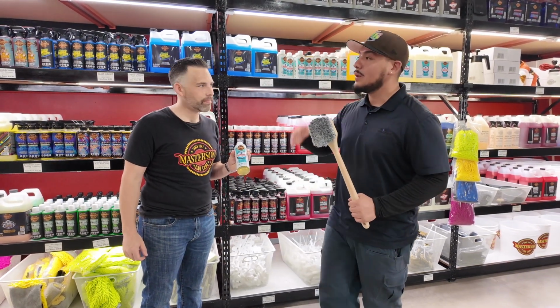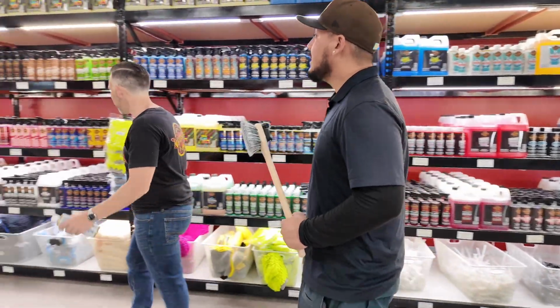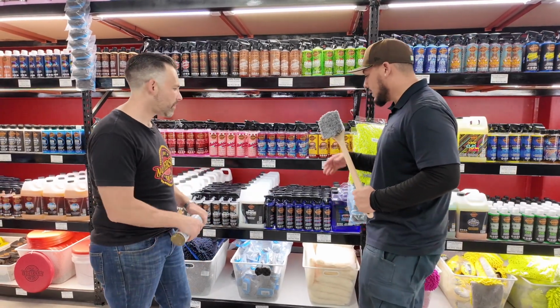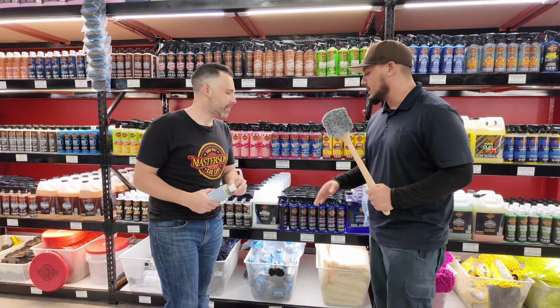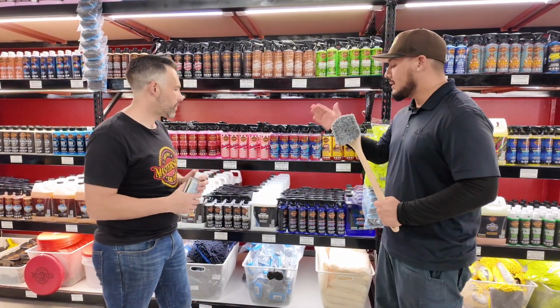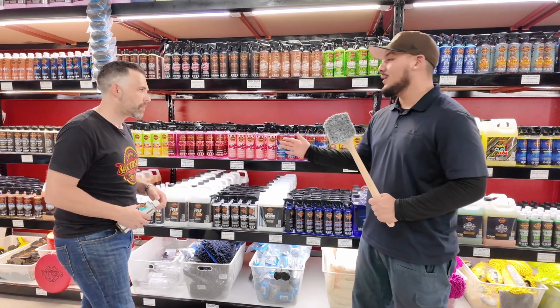So as we keep walking down the aisle, let's see, what else do we got inside? We're talking about tire shines. I wanted to go into depth on tire shine. A lot of people have their favorite tire shines. So with that being said, I just want to ask a generic question: what is this compared to Armor All? I know this is a big...